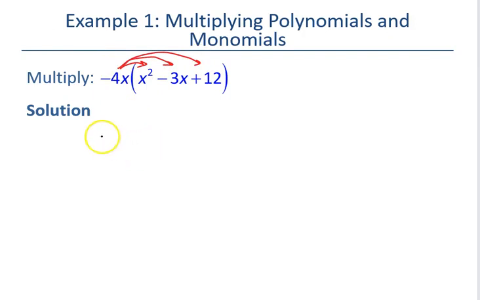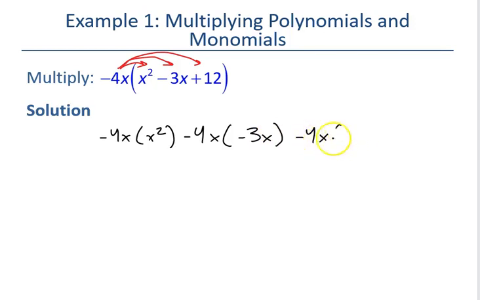So if I start rewriting this, I'm going to have negative 4x multiplied by x squared, and then negative 4x multiplied by the negative 3x, and then negative 4x multiplied by 12. Notice, negative 4x multiplied by the x squared, remember when we're multiplying these, we add the exponents, so that's going to be negative 4x to the third, minus,